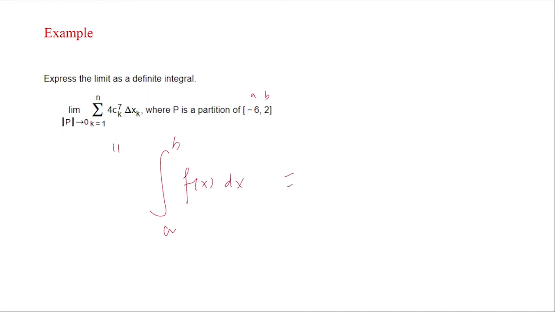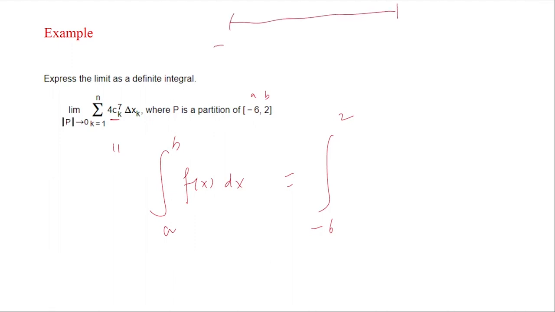So the function f of x, first of all, the range a to b comes from this interval, which is -6 to +2. This function is coming from whatever you have right before this del xk, which is basically 4 times ck. Ck means it depends on